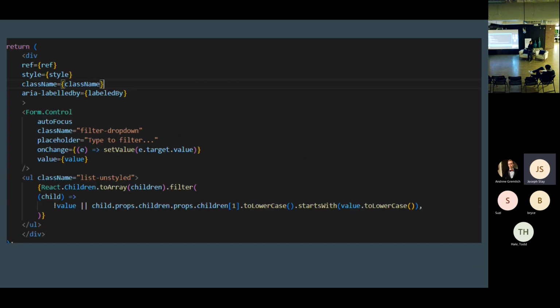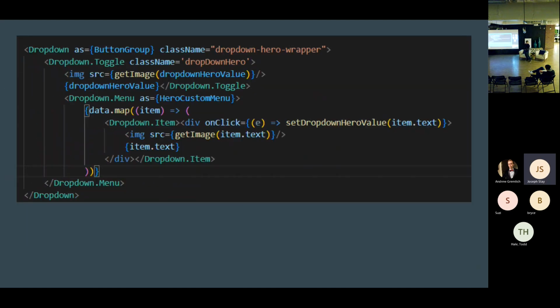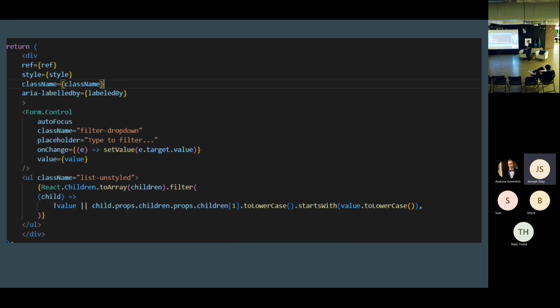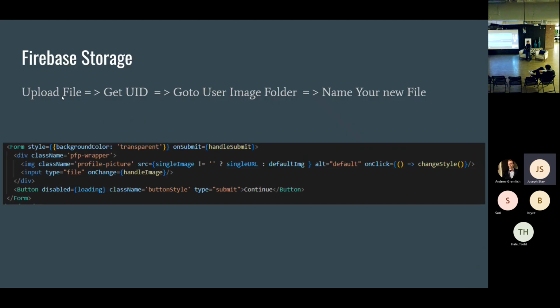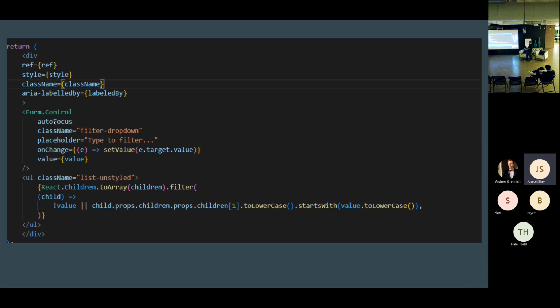And then for the actual quote unquote templates, you take the reference, style, class name, etc. But the main part of the template is going to be right here. This is where we have this filtered part, where we have the input right there, and we want this to be on all of them, no matter what item it is.